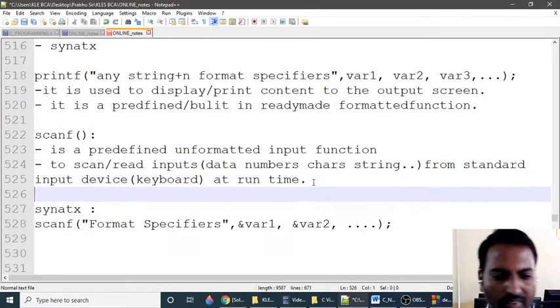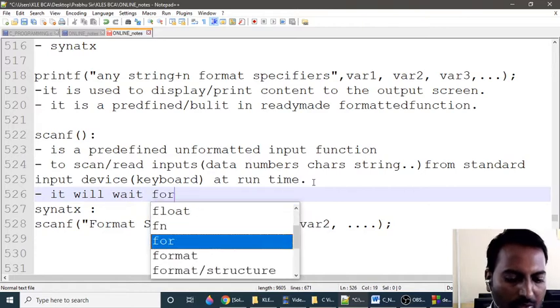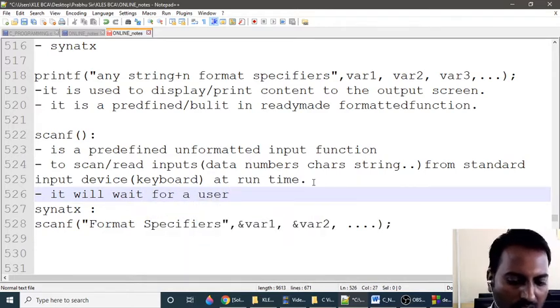I have discussed the scanf statement in the last class.